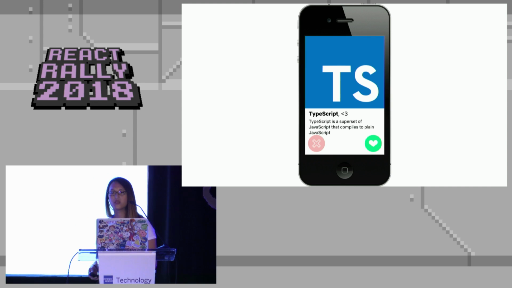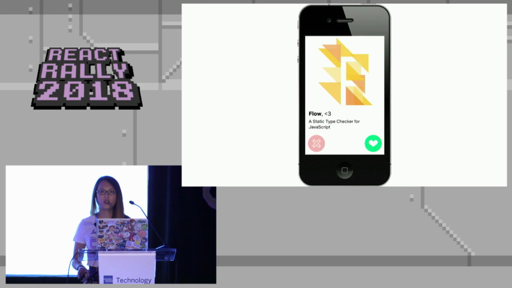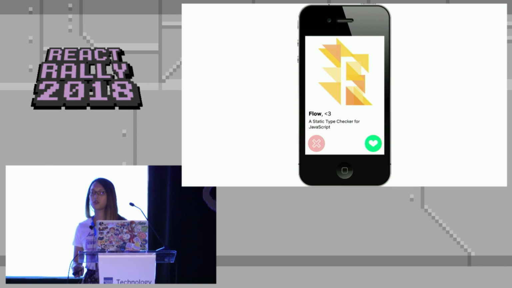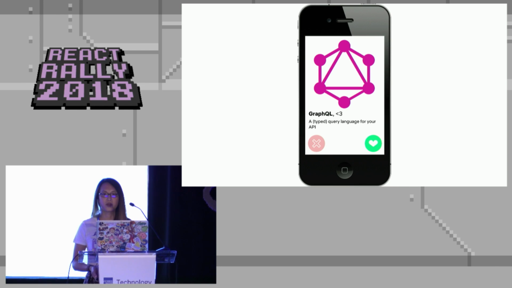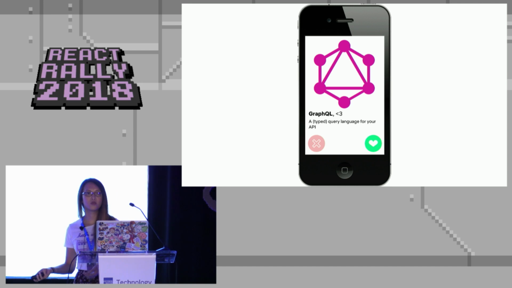But on the other hand, I've grown to love working with types on top of JavaScript. I primarily use TypeScript for personal projects as well as at work, and I'm in love. Flow is also an attractive option. It has a number of differences compared to TypeScript, but you can use it as well to statically type your code. But in this talk, I will be using TypeScript examples. And I also wanted to briefly talk about GraphQL if I don't run out of time, which is an interesting way to deliver a type system over the network.